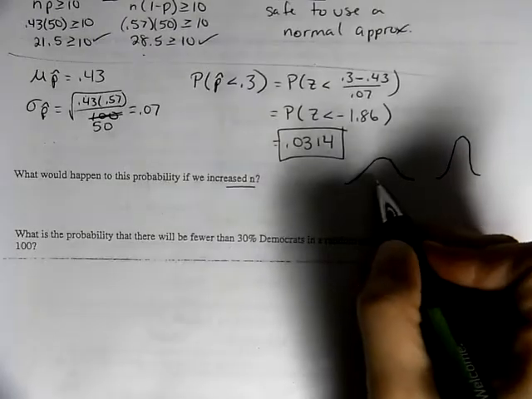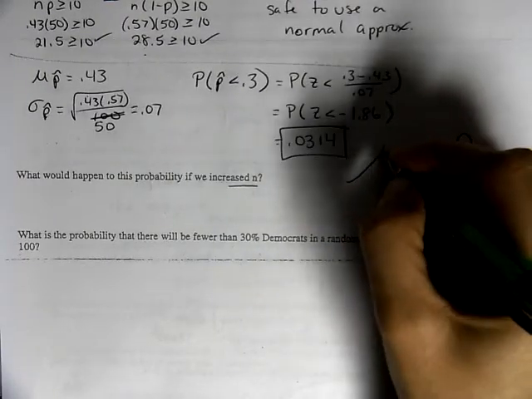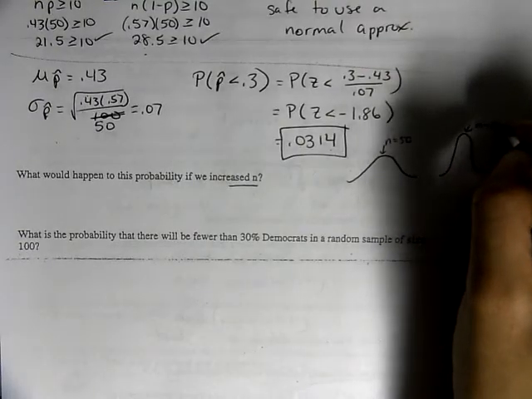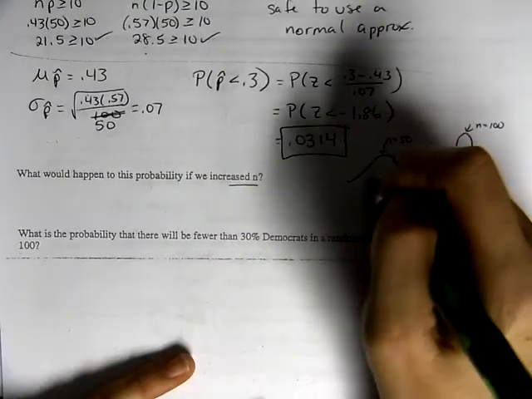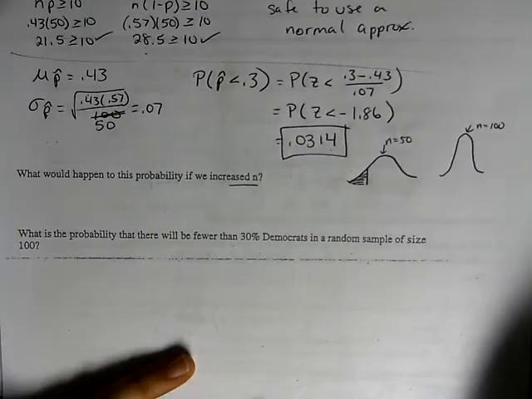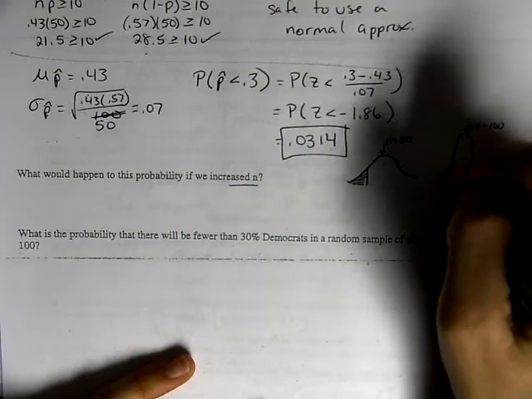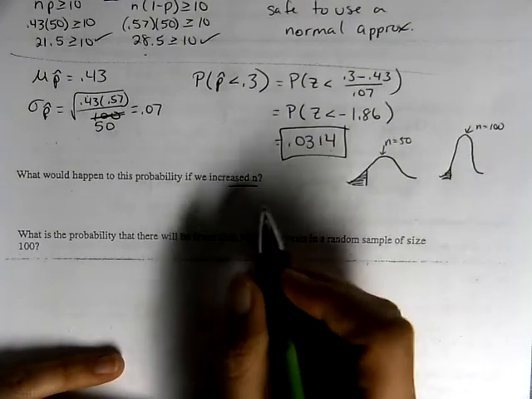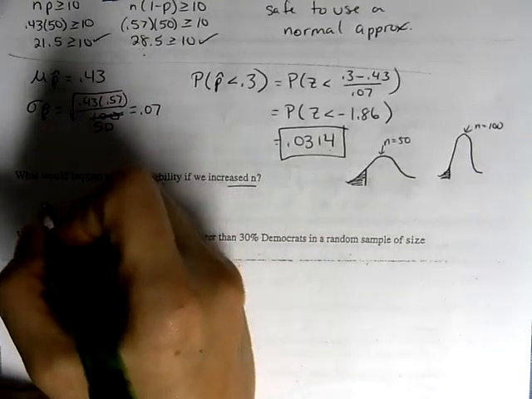So if this is my lower sample, so let's say this is 50, and this one's 100. I'm looking at a less than. If I'm looking at less than this number, I would have that area. But if I go here, less than that same number gets me a smaller area. So actually, if we increase n,